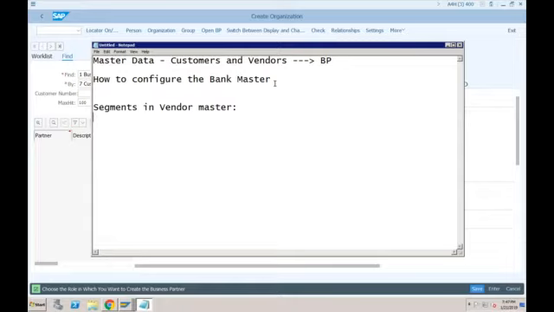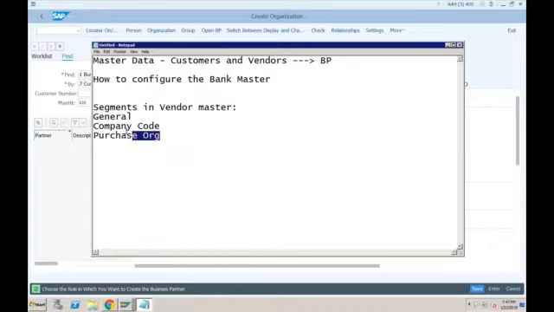Very common question. If you are SAP ECC certified, how many segments are there in the vendor master? Yeah, it will be the general data segment, then the company code segment, and then if we are using XD01, it will come sales area, purchase organization data. Sorry, sales area is for the customer. Yes, purchase org data for the vendor.